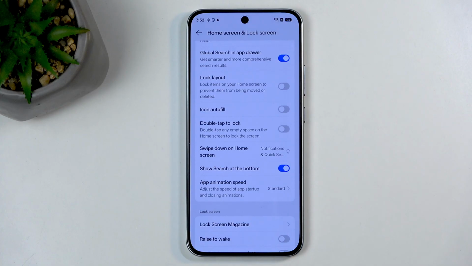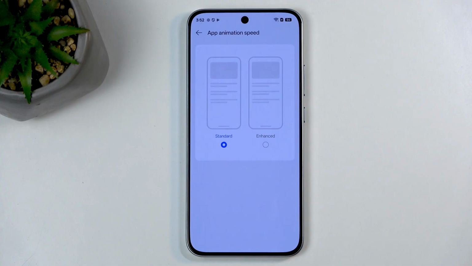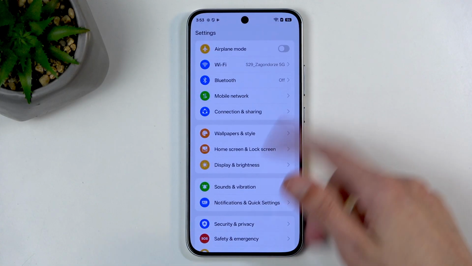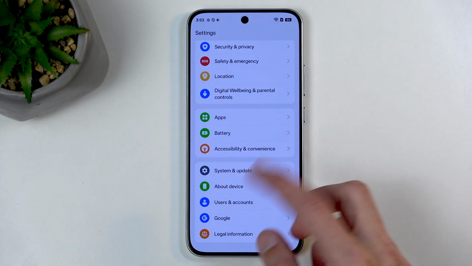Now another thing in here is the animation speed. We have it set to standard. Let's try that again. We have standard and enhanced. That's what I tried to say from the beginning. So the enhanced one will be the increased speed, meaning you will get through animations faster, meaning you will get to your content faster. Now, there's only two options right here, and you actually have the ability to increase this animation speed past what we can do right here, which I'll show you right now, if you want to get that brisk speed. So we're going to scroll all the way down to about device,